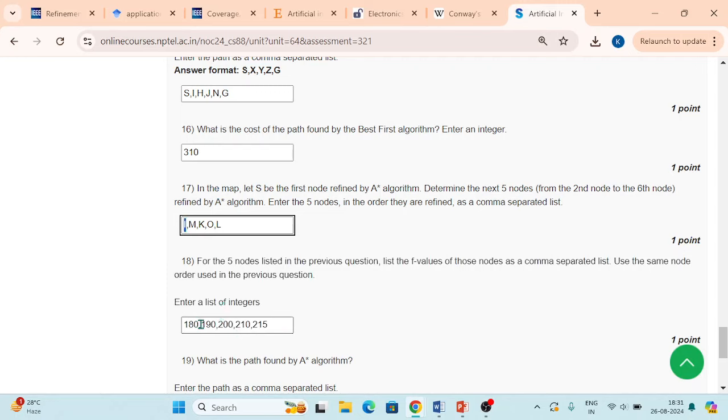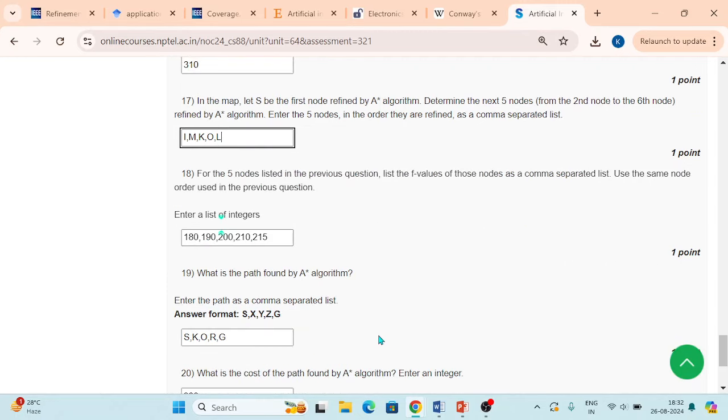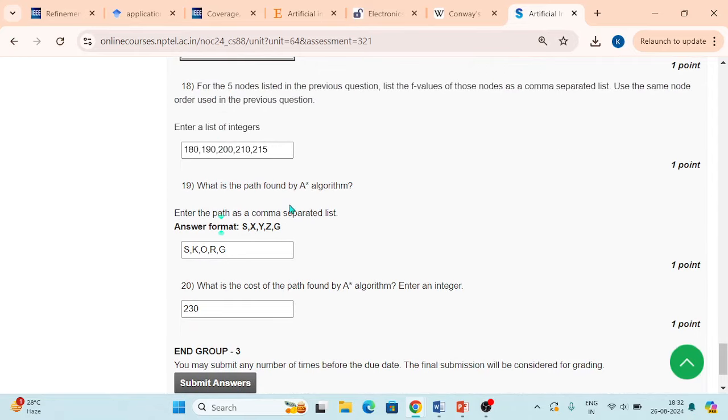For I we got 180. In the A star algorithm, we move the node having the least f of n value. So I, M, K, O, L: this is the way we move from the open list to the closed list. I has 180, M has 190, then 200, 210 and 215 like that. It goes on until we reach the goal node. What is the path found? This is the path found by A star and this is 230 is the